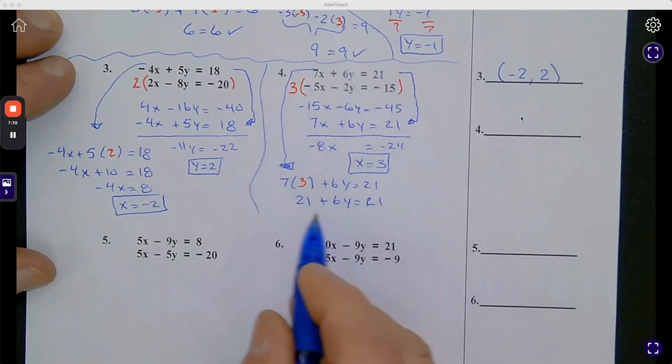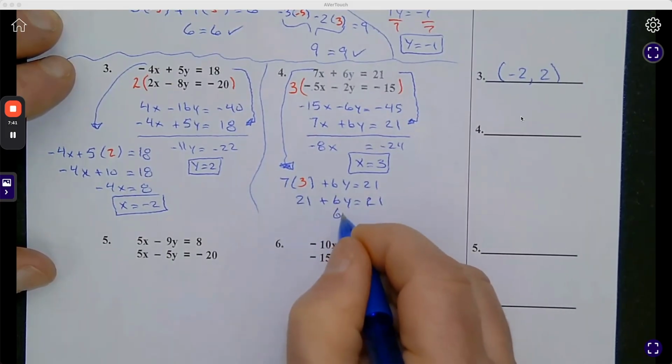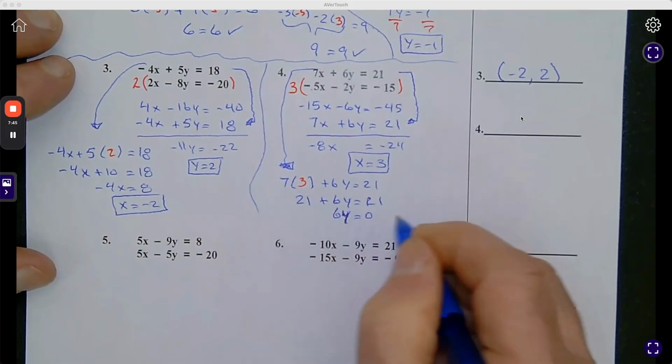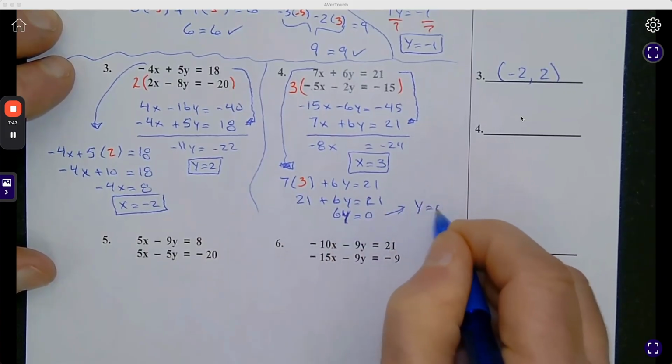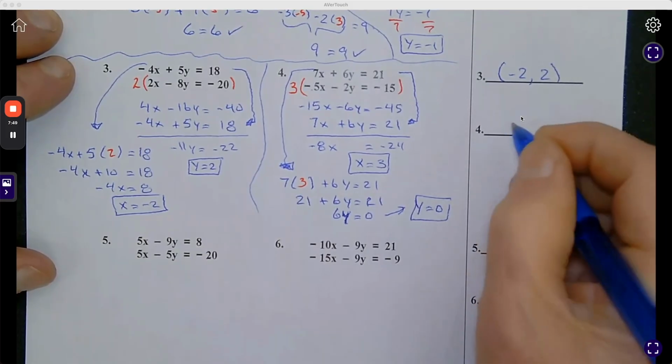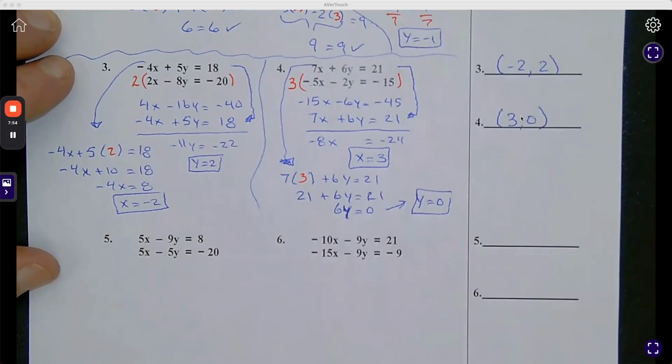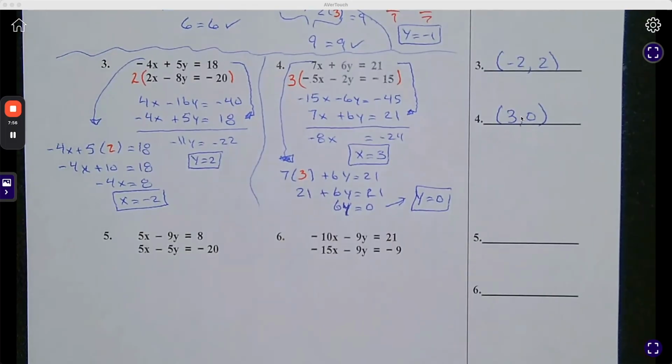Oh, this one's going to be tricky. Subtract 21 from both sides and you get 6y equals 0. Divide both sides by 6 and you get y equals 0. That's it. That's your final answer. Okay, that's not bad. Okay, notice this next one. The next one,